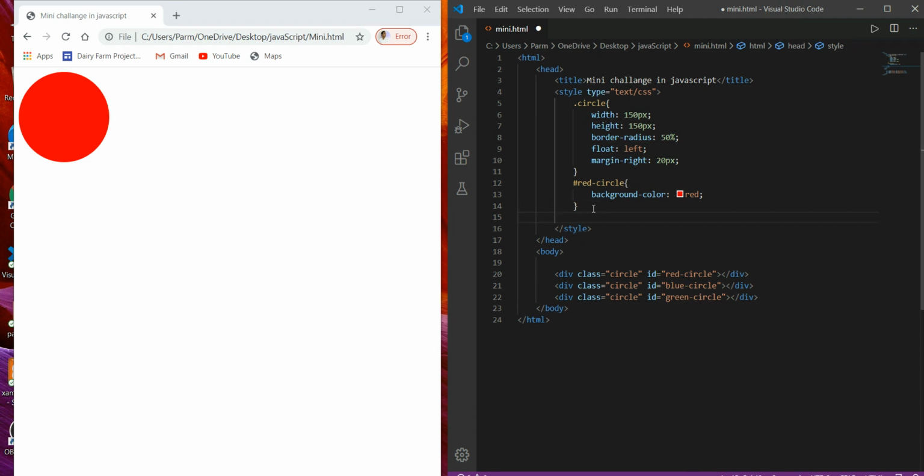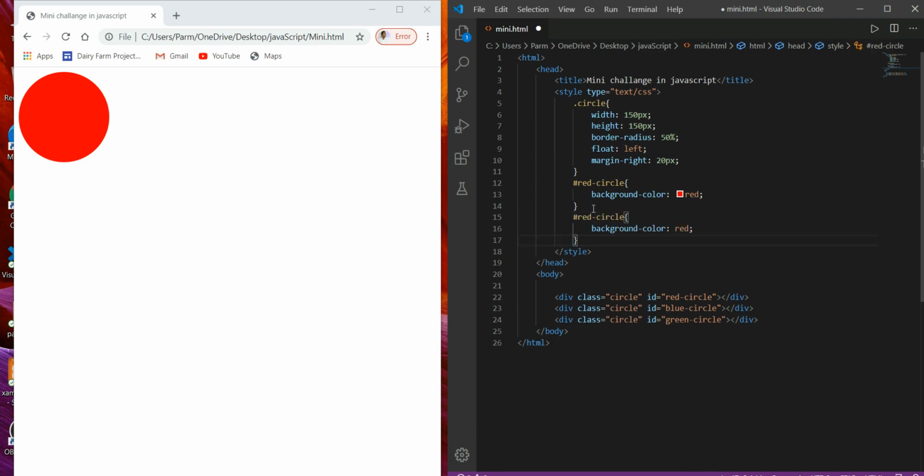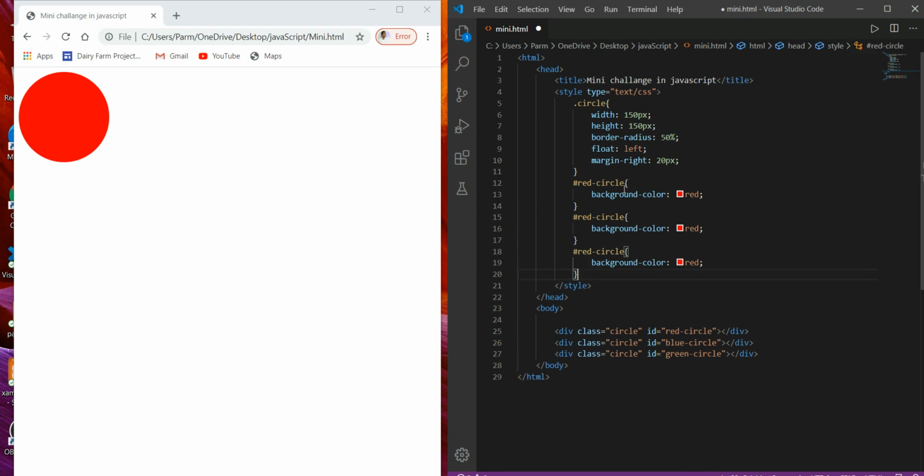So for this we have to create two more ids, and to this I give the name blue, with the background color blue, and to this the name green, with the background color green.